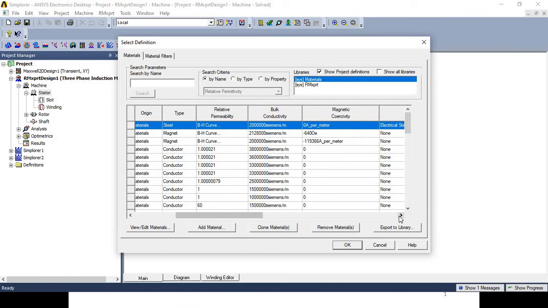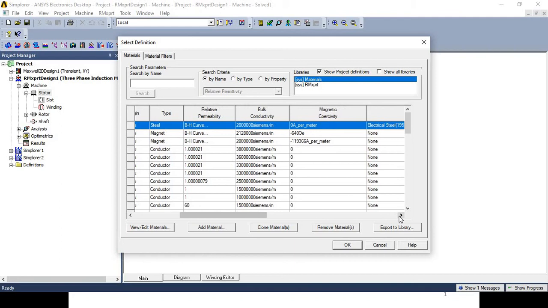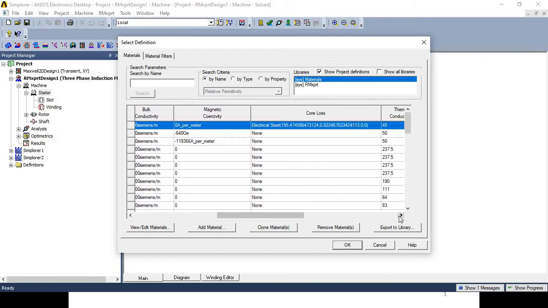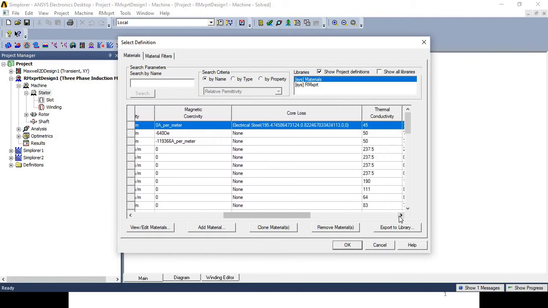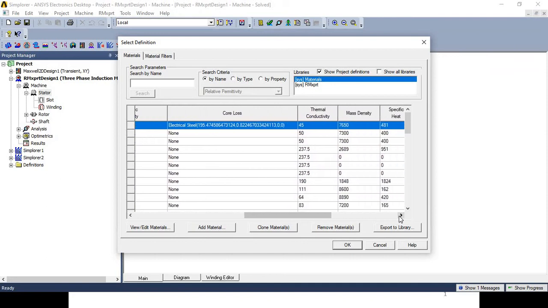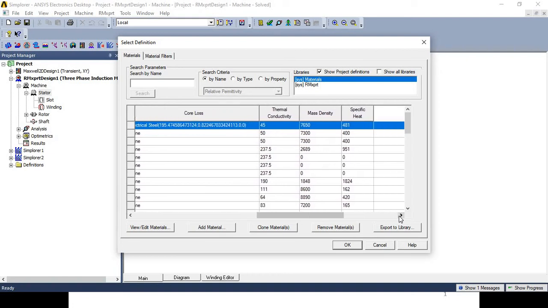Then the bulk conductivity of this material is 20 lakh Siemens per meter. Magnetic coercivity is 0 ampere per meter. Then core loss is electrical steel. Thermal conductivity is 45. Mass density is 7650. Specific heat 481.